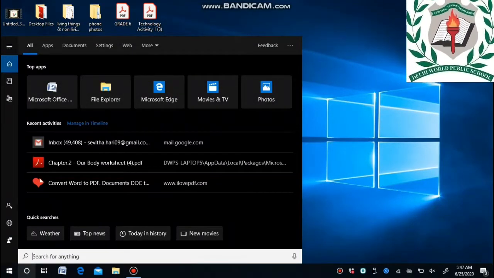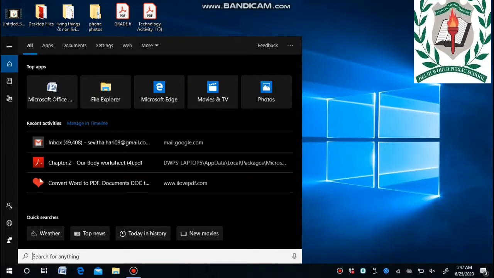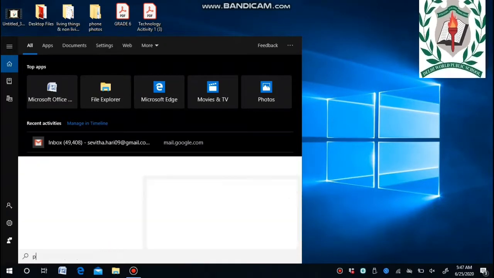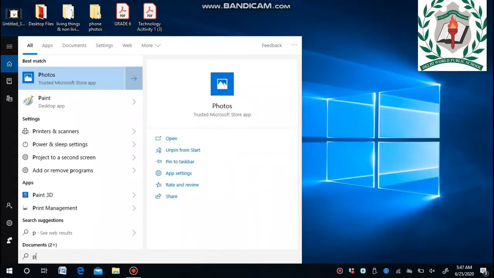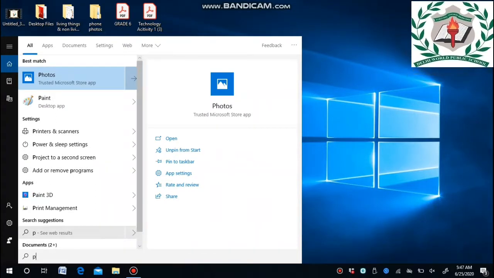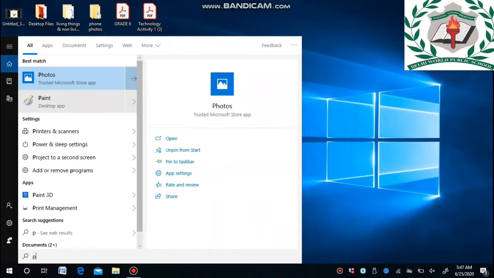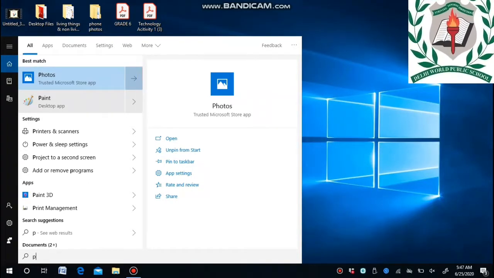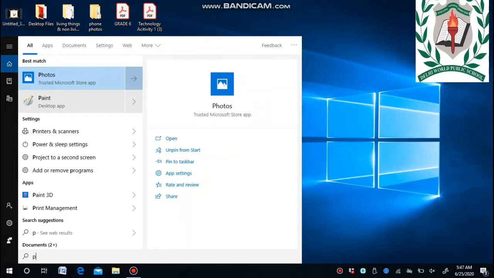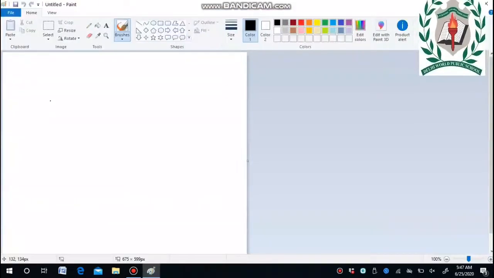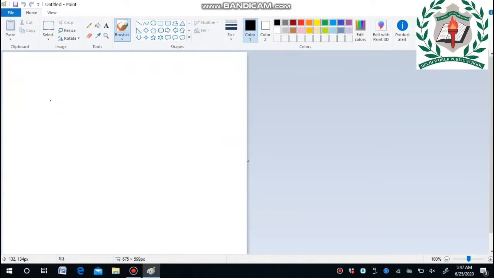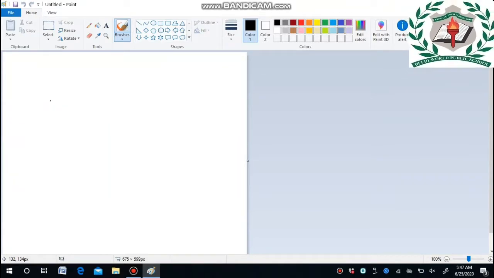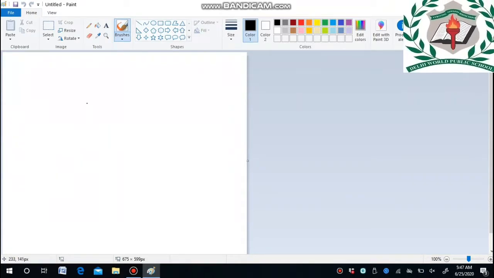You may just click it and type paint, the first letter P. Whatever words begin with P will appear on the screen. Then you may just click Paint. The Paint screen will be visible on the monitor.